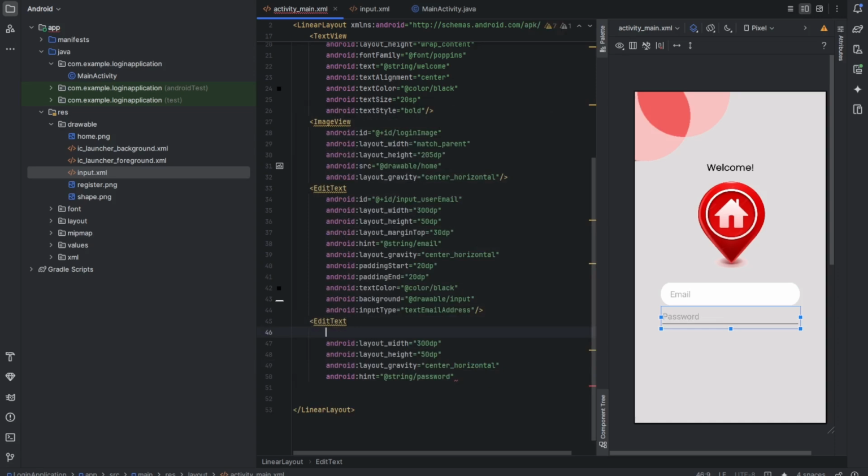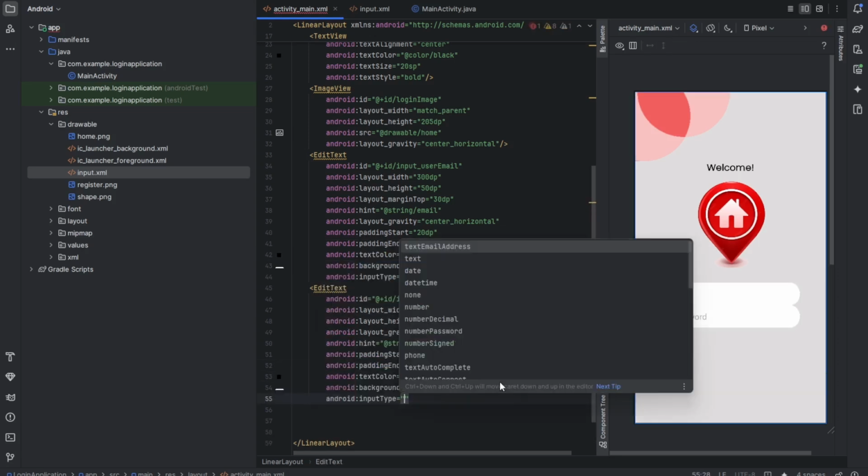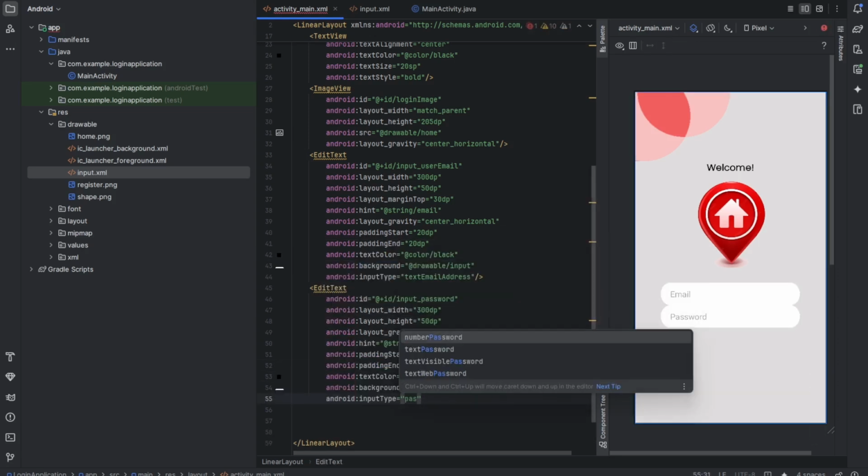Then you also need to add an ID for it, so input password. Then padding start and padding end should be the same, so it looks the same. Then input type should be password, and because for a password you don't want them to use anything,